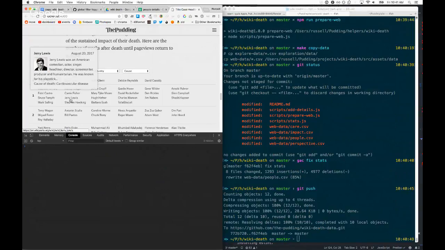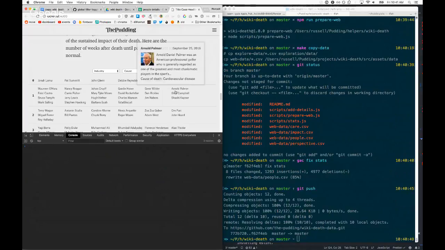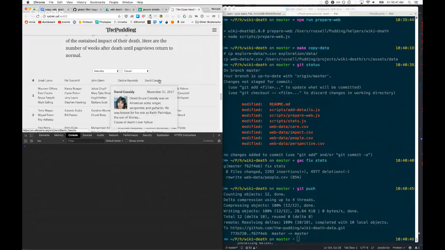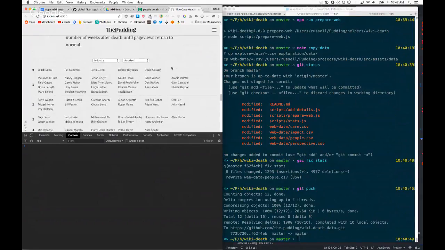So yeah, I need to figure out how to integrate that and style it. I like it, but it was some more detail we had, so I figured I would include it. Yeah, some of them, especially when we're just saying something really generic. Like if you go to cause and go to, I don't know, accident, we might have some. Oh. Well, what happened?